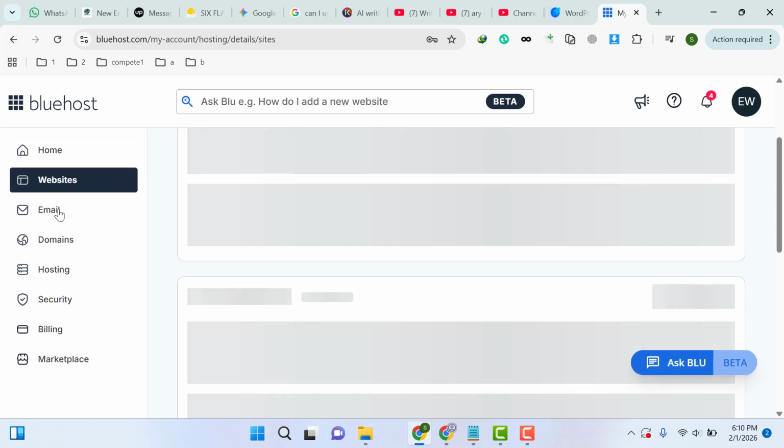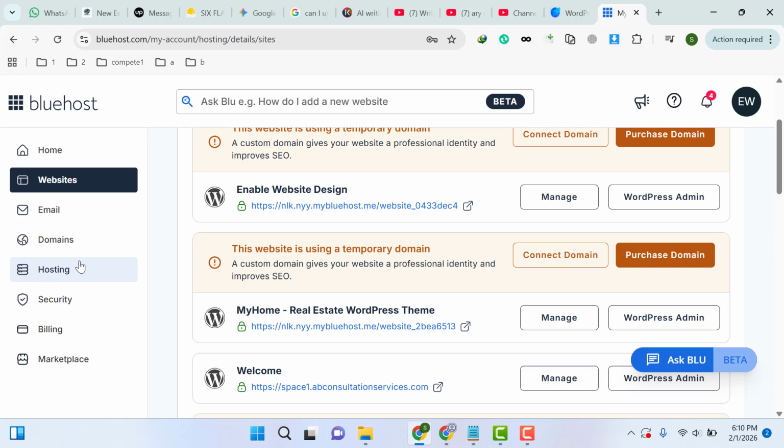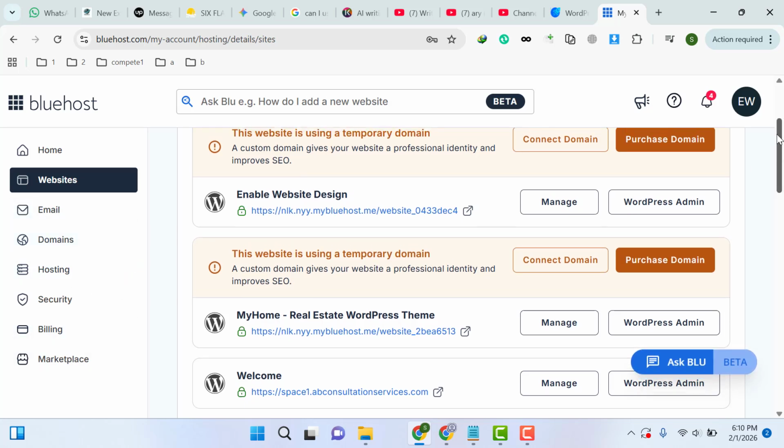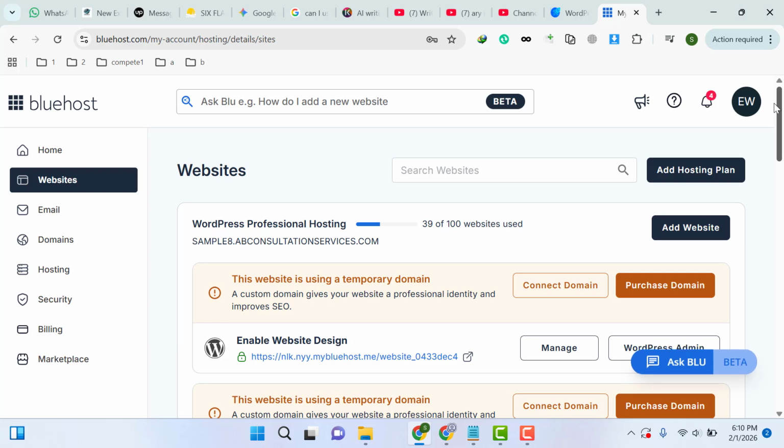and now on the left side here you can see this one is the menu. So you can check your web hosting package, you can check domains, emails and other information, and these are the subdomains. So if you want to add a new subdomain, here you can check the limit, 39 out of 100. Simply click here add website,